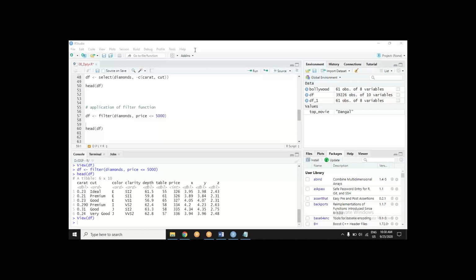Can you write the command to run it? The price should not be above 5,000, but it should not be below 3,000 also. So it is kind of an AND condition. Would you try and tell me?